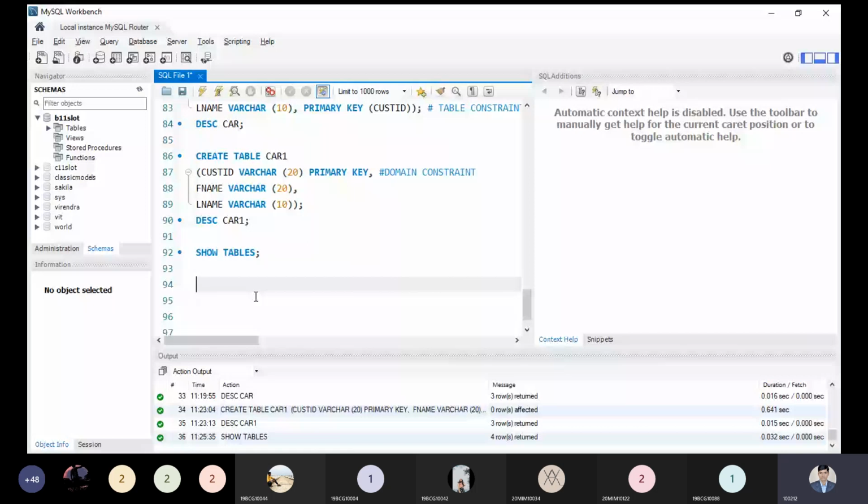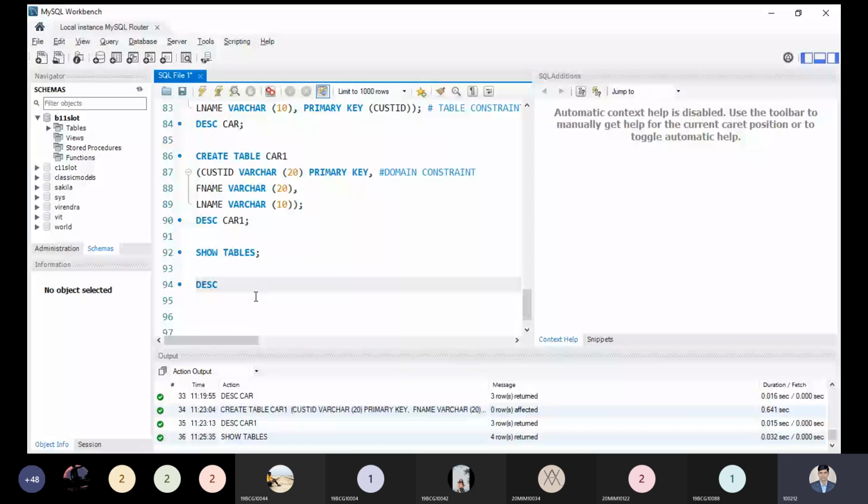Just unlike dropping the table, unlike removing the rows from the entire database, you can also drop all these things. It is also possible to delete the primary key if we need to. Then we can also remove it. There are two different ways by which you can do this. Let us understand the first and simple way. As we know, the description of our table, that is car one. I'm choosing only car one right now. No issue, if you want to use any other, then you can.